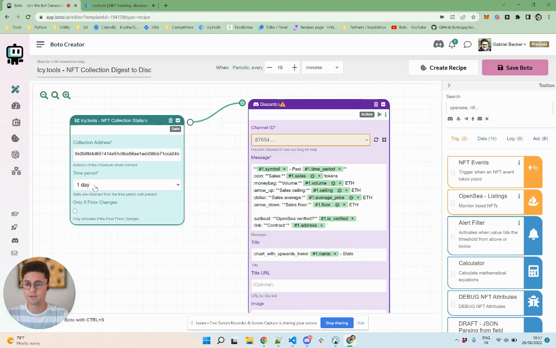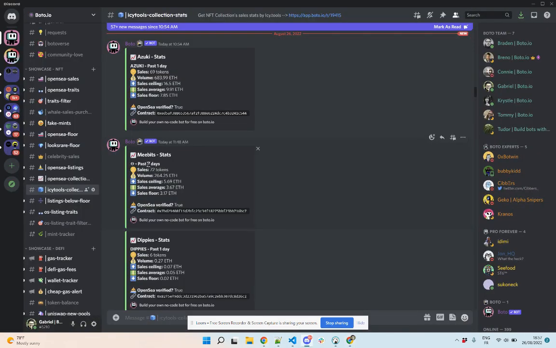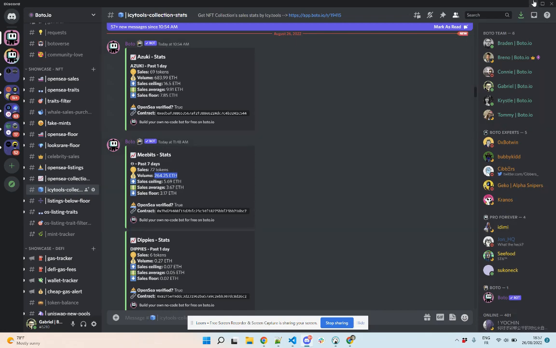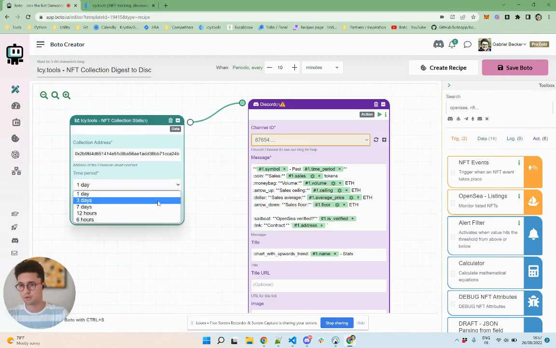This next field here is the time period for which the stats will be calculated. For example, in this example, the stats were calculated for the previous 7 days. So when the bot runs, it will look at the previous 7 days and see how many sales were done, and how much volume was transacted in that period of 7 days. Okay, so let's go back there. You can choose whatever period you want here, and then next you have to choose the channel to which you